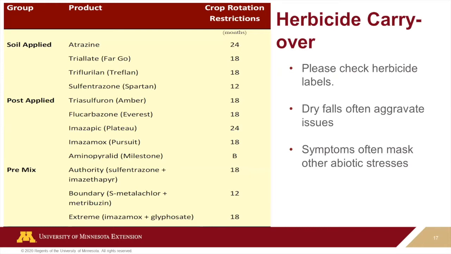Did I put it in here? Where is it? No. It's not Prowl H2O. And it's in the premixes here, but Prowl can do a number on rye, even though the replant restrictions say they shouldn't, because your recrop interval has expired if you put the Prowl H2O on early enough. If you have a drier fall, and because the soils are colder when you plant rye, that's enough to ding up your rye stands with very low carryover concentrations when you do a bioassay. So we have to really be careful with carryover on a bunch of our commonly used soil applied herbicides